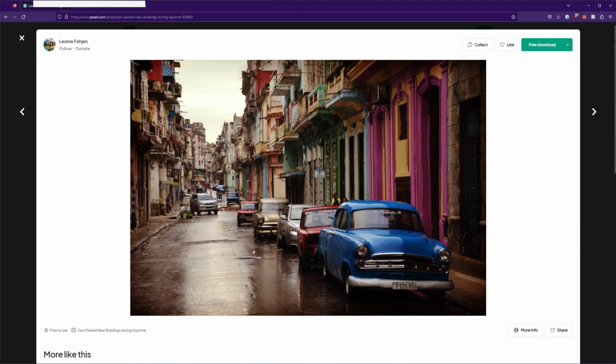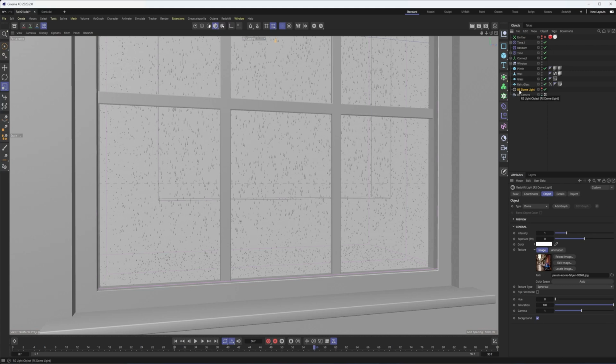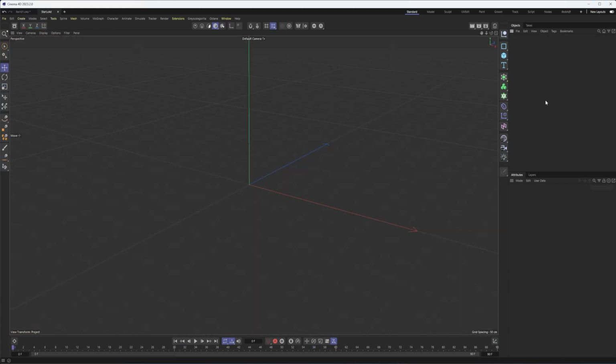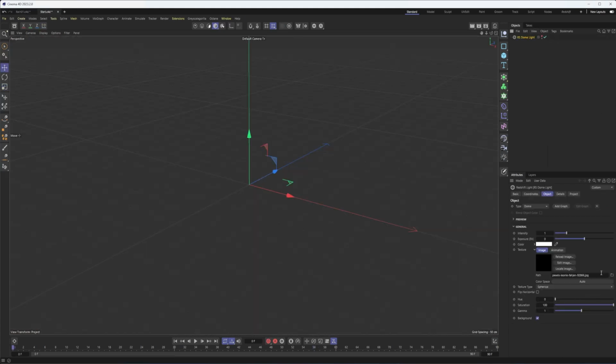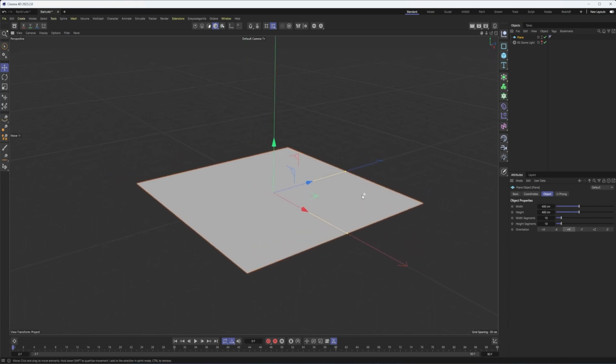The other thing is I don't have an HDRI of this to help me light this project. And so what I'm doing is just kind of cheating this. So I'm going to make sure I copy my dome light just in case. Good thing I did. Okay, should actually just get that image in there. I can reload it, but I just loaded the image into the texture spot of our dome light here, and that should actually do an okay job, especially for our purposes today where we're focusing on the MoGraph stuff. So let's go ahead and get started on the MoGraph. We can fix the dome light later on.